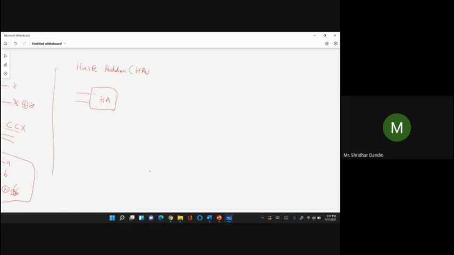The output will be 1 when inputs are different. No, it basically takes 2 bits as input and gives the sum. Yeah, 0 0 0, 0 1 1, 1 0 1. So what you are telling me here is, what's your name? I'm Sridhar.